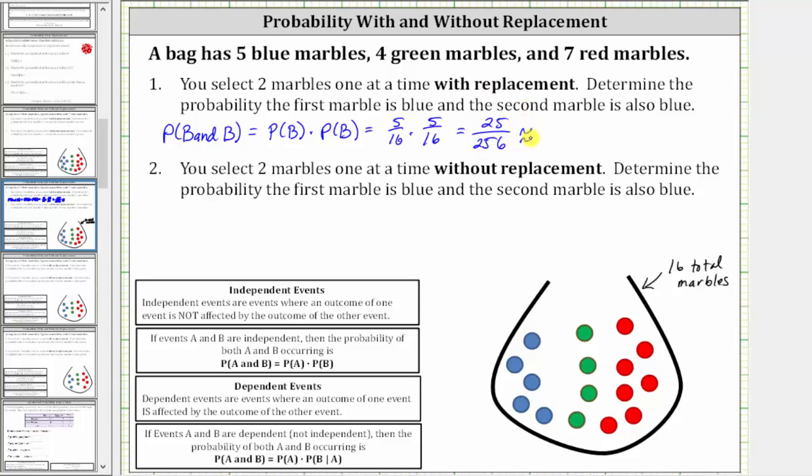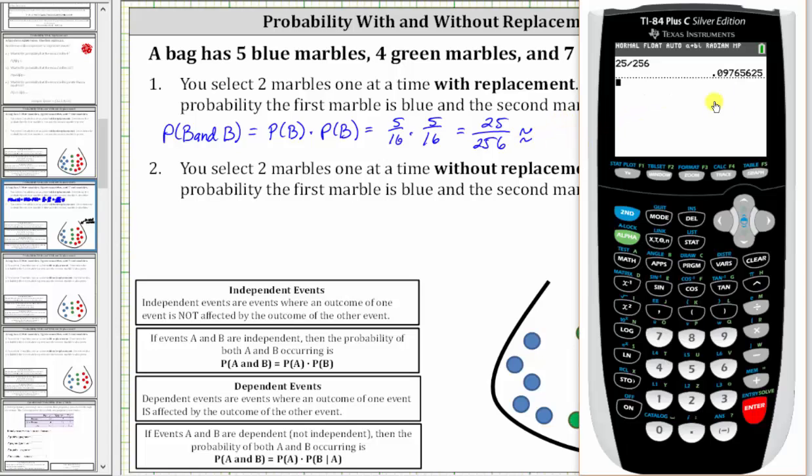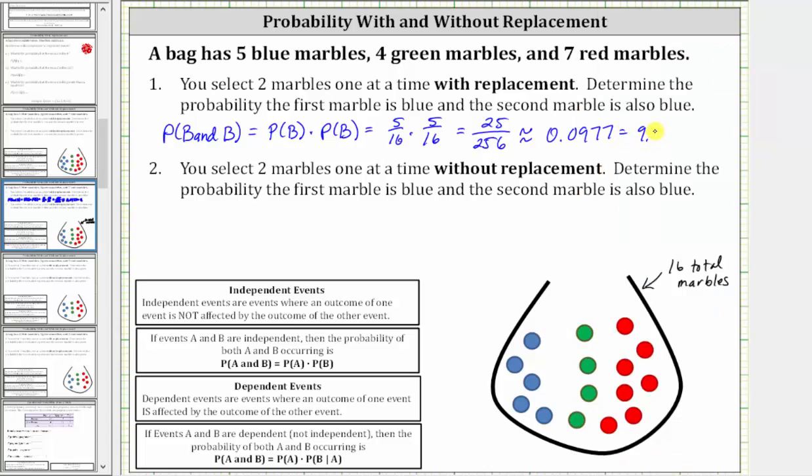Let's also express this as a decimal and a percentage. To 4 decimal places, the fraction is approximately 0.0977, which is 9.77%. And now for the second example, you select 2 marbles one at a time without replacement,